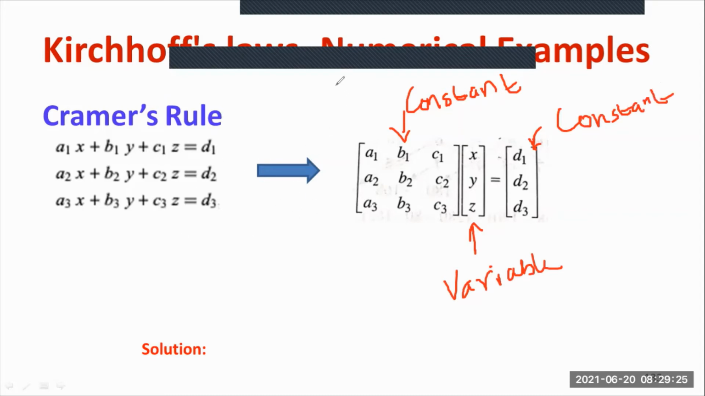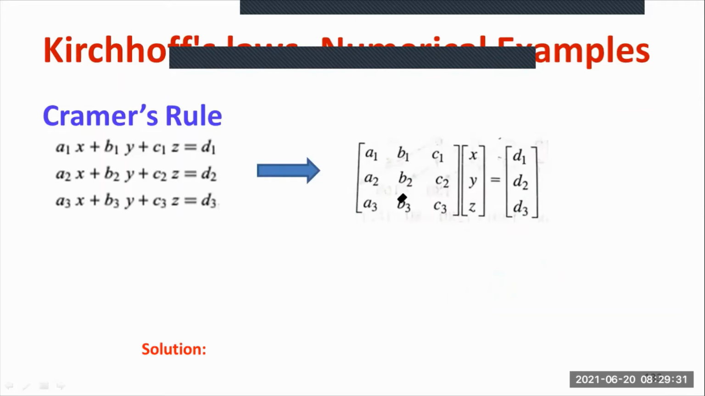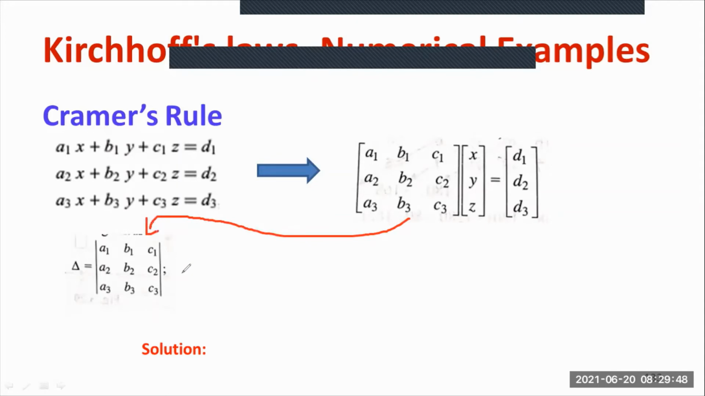First, you have to represent it in matrix form. Later, you have to calculate the determinant. This is known as delta, the determinant of the first matrix which I have shown. I will be showing you. For delta, I have to calculate the determinant. So the same thing you have to write. You know how to calculate the determinant, right? A1 into